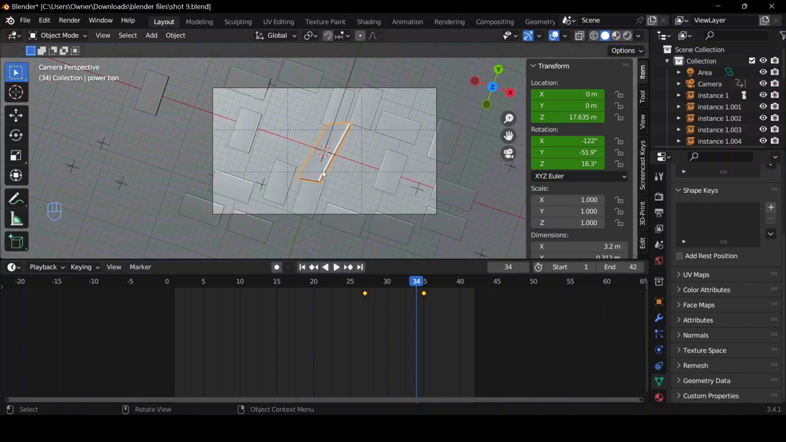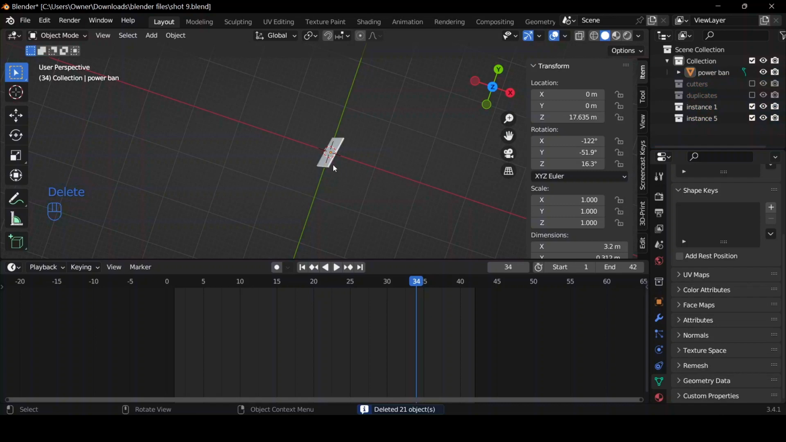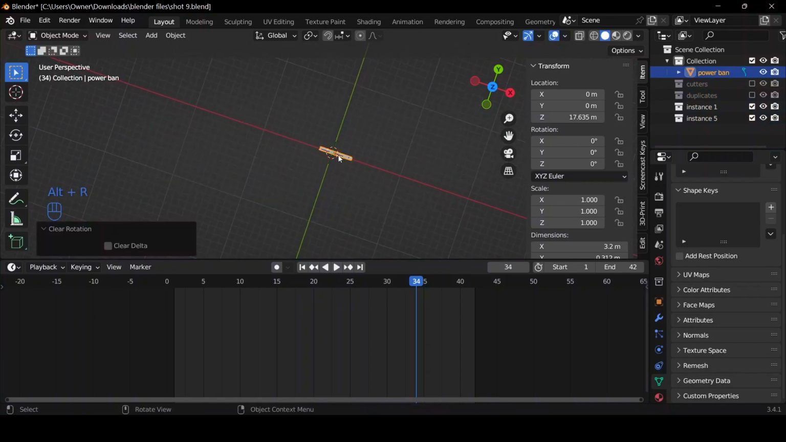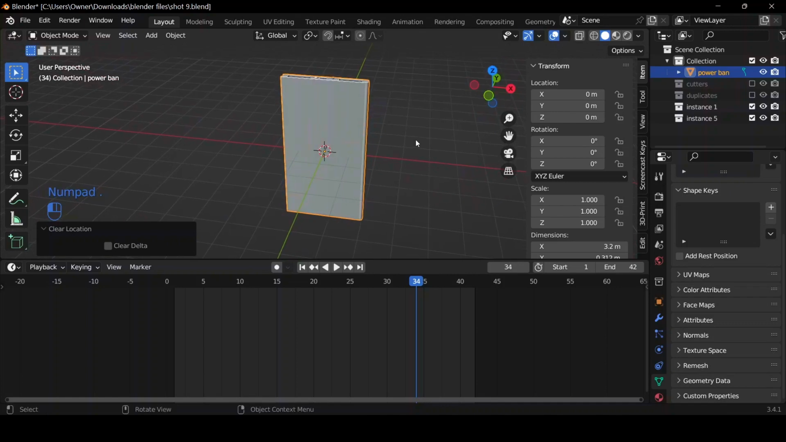Alright, so what I will do is I'm just going to select power bank first. In my timeline here, I'm going to delete the keyframe, and I'm going to press Ctrl I. We're going to be deleting all other objects apart from the power bank. I'm going to press Alt R to clear the rotation, and then Alt G to take it back to the world origin. If I press my period key, I'm just going to come to this view here,